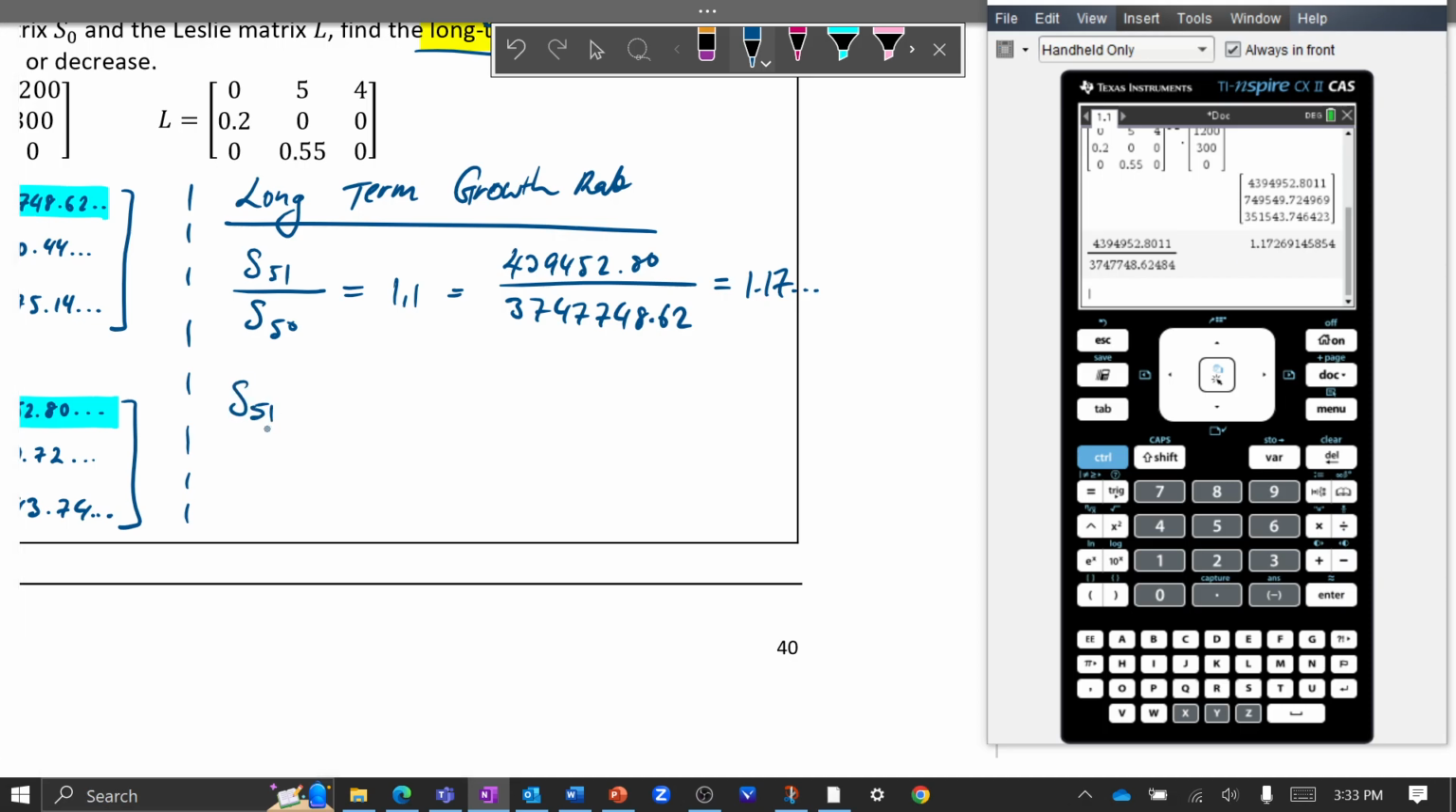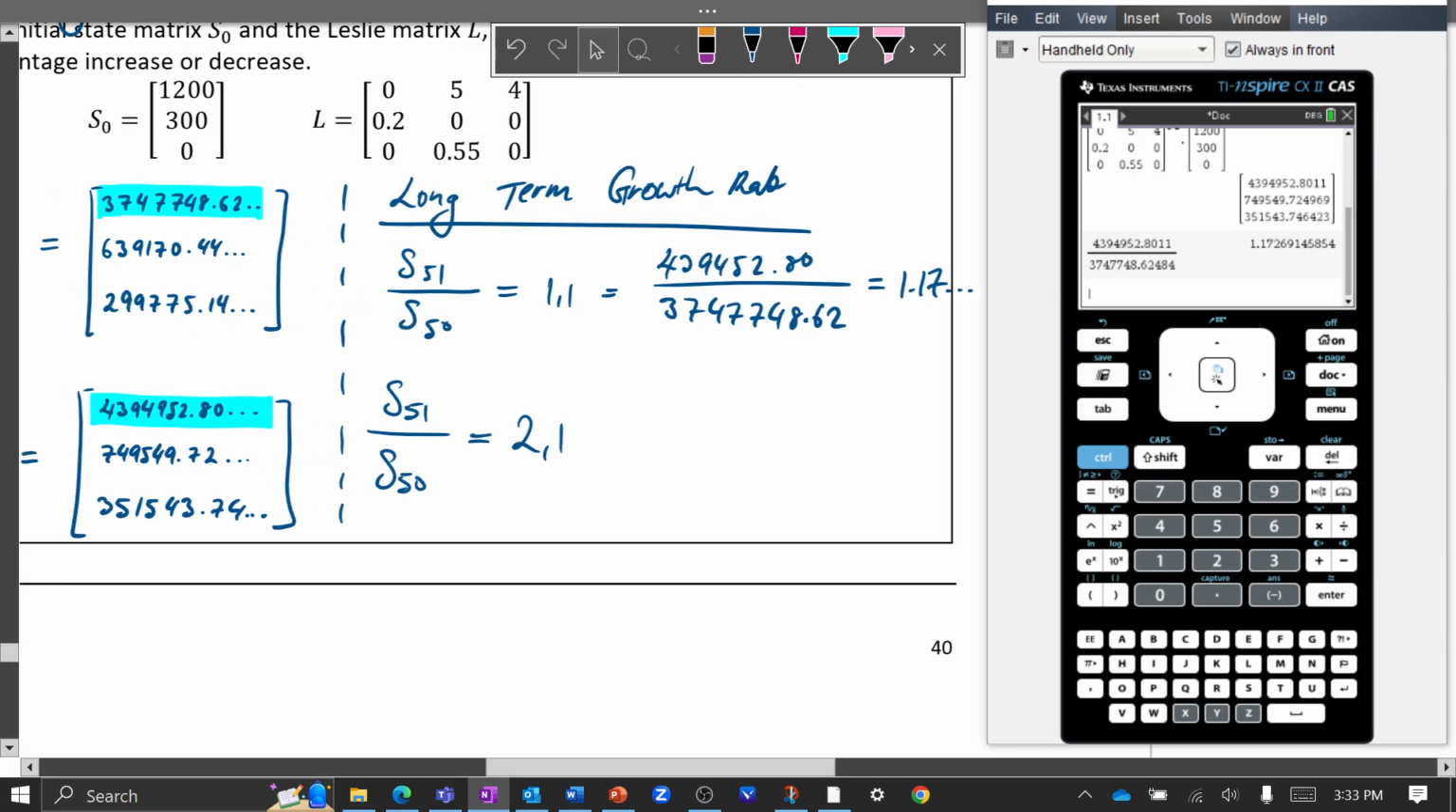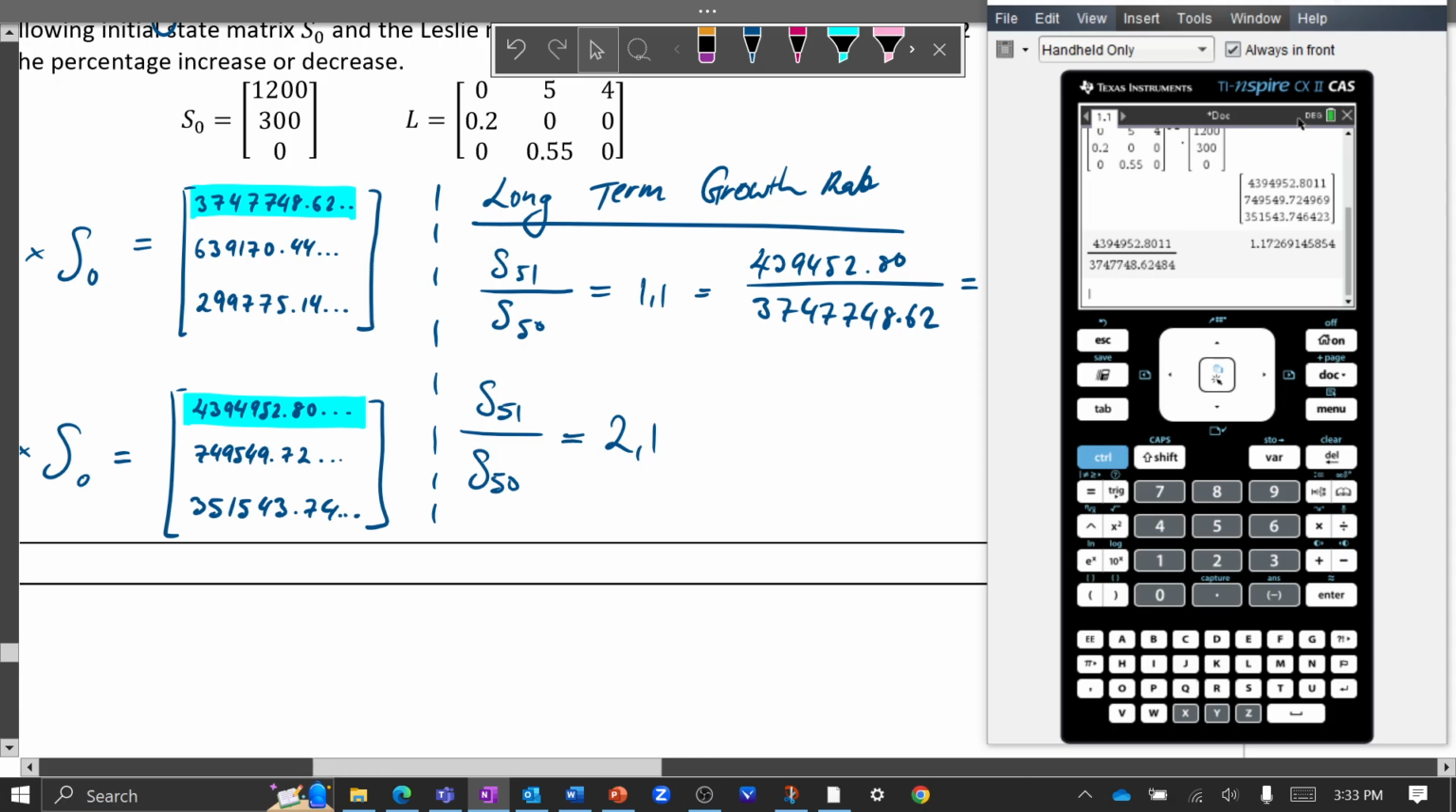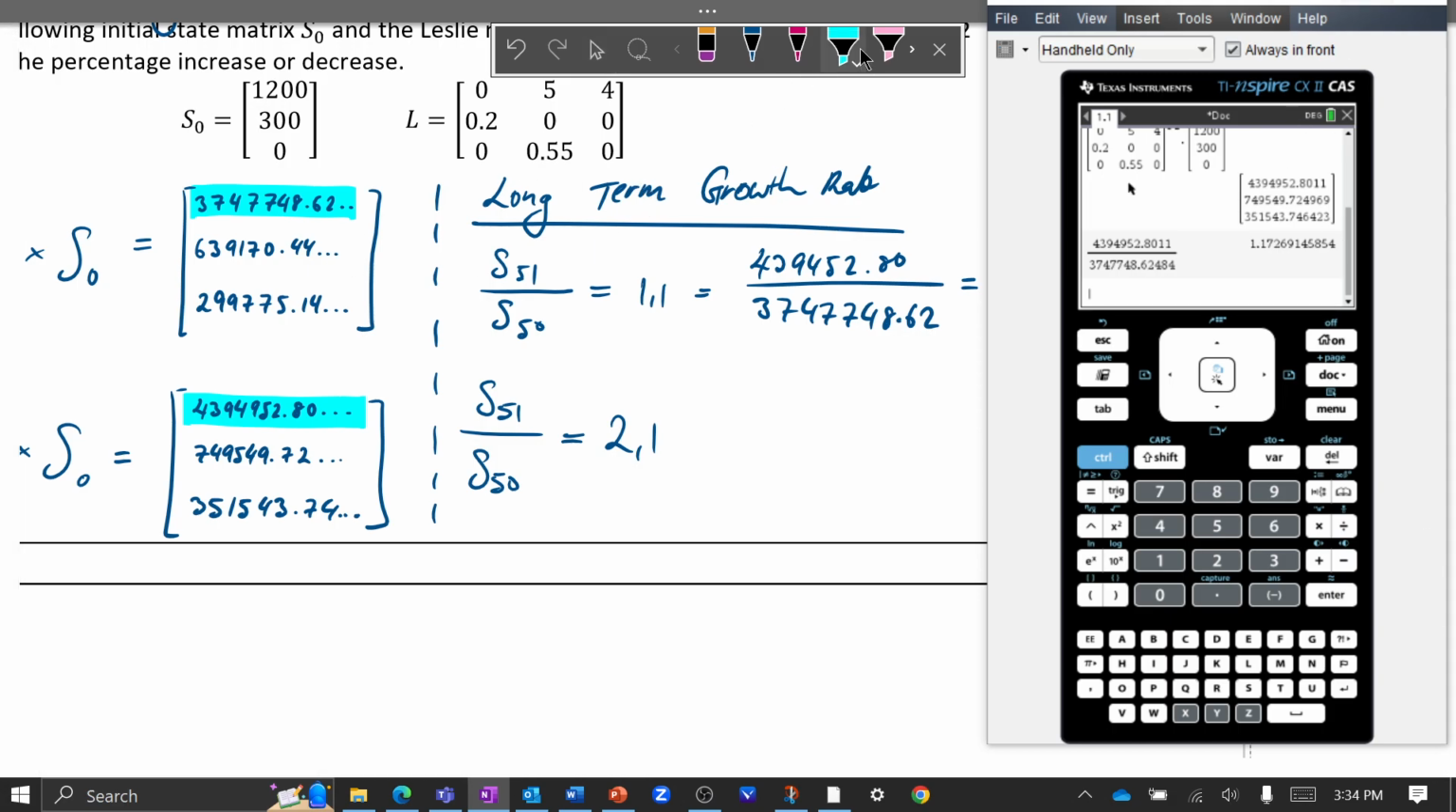So I'm going to go S of 51 over S of 50. But instead of now doing our first element, let us now do our second element. So second row, first column still. And before I did the blue numbers, now I'm going to do the pink numbers. And remember, you first take your bigger one. So I'm going to go